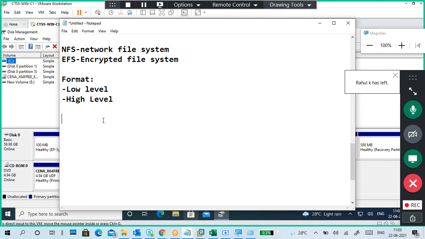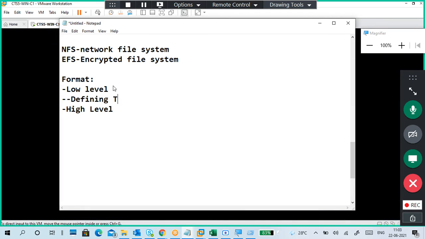Okay, what is a format? Low level format and high level format. So low level format means defining tracks and sectors. On a hard disk, for example, we are telling it in a hard disk manner.